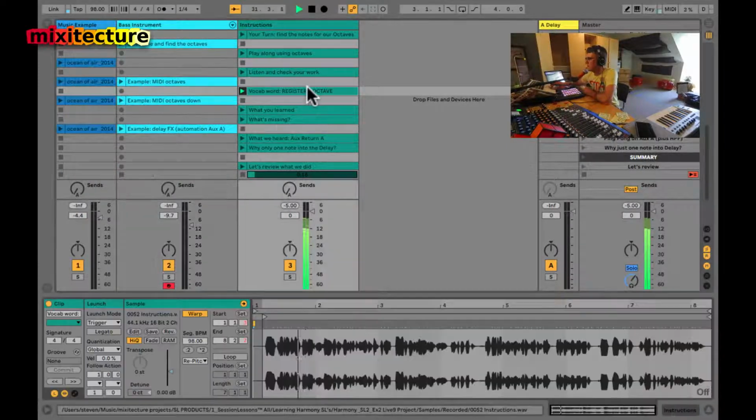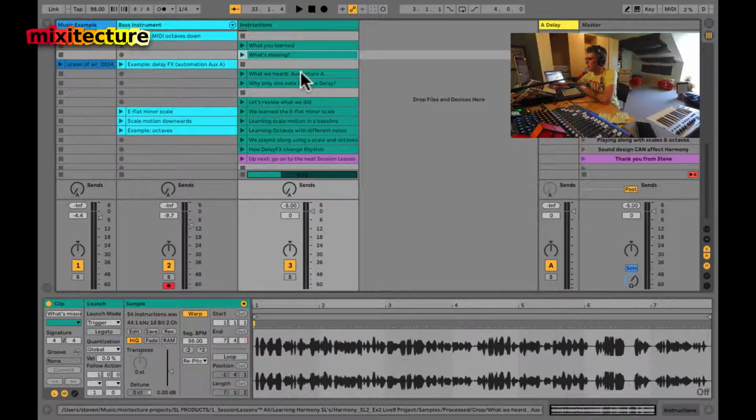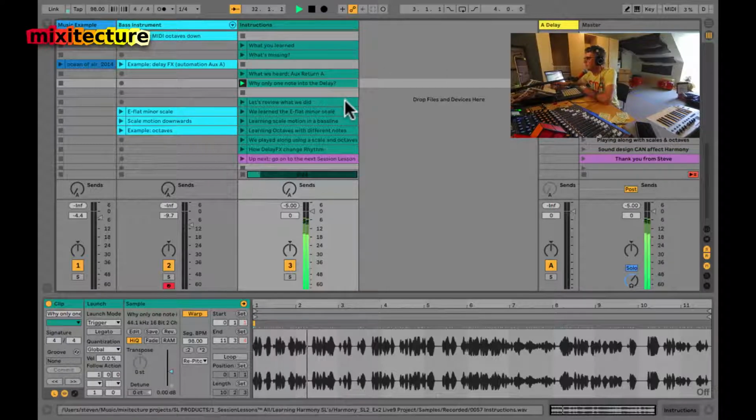Now, to make it easy, I was playing those in a higher register so you could really identify the pitches. Higher register, octave, vocab word. Talk about what we learned, what's going on, a little lesson on the delay effects. Why only one note into the delay? The root note, the tonic, the fundamental, the root of the key signature. That note was bouncing around to anchor the key and bring us back to harmonic home, ding, which is pretty cool. You don't want to turn up the send A and have a ton of